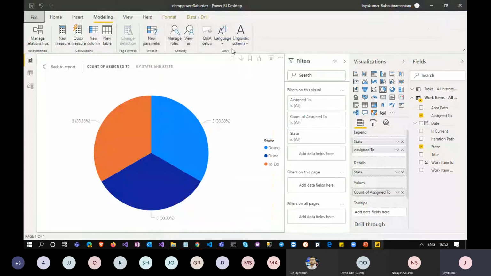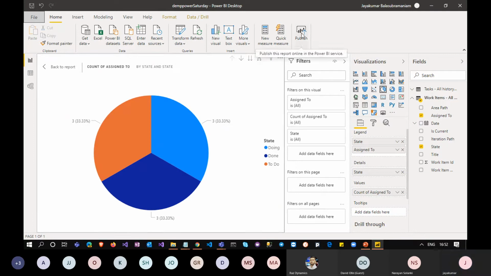So I have created a report here. Now we need to publish it, right? We need to publish our reports. Now it is created and it is available in my machine, but we need to publish. Generally, it will be available to access from our Teams. In the top pane, if you see, there's an option for publish.